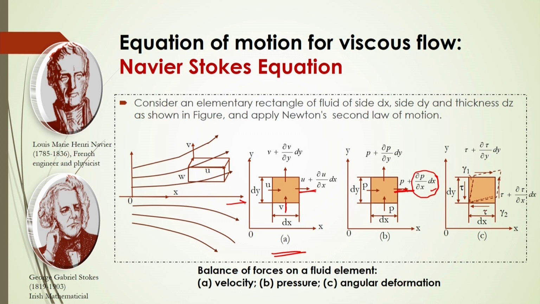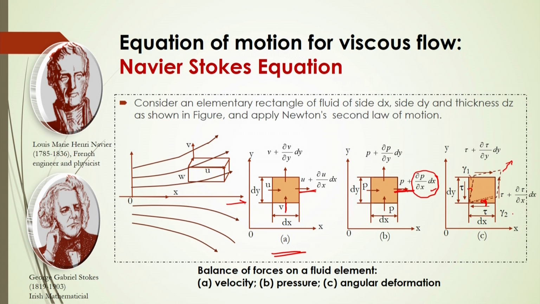Again, if we represent the angular deformation, whenever fluid is moving in a certain direction, due to the viscous effect there will be a deformation of the fluid, that means of the surface, or you can say of one fluid layer over another one. So, suppose due to these viscous effects and the flow there is an elongation like this in this direction, then you will see how the surface of this fluid element will be deforming from its original position. So, this is the angle at which the deformation of the fluid element occurs at a certain velocity.